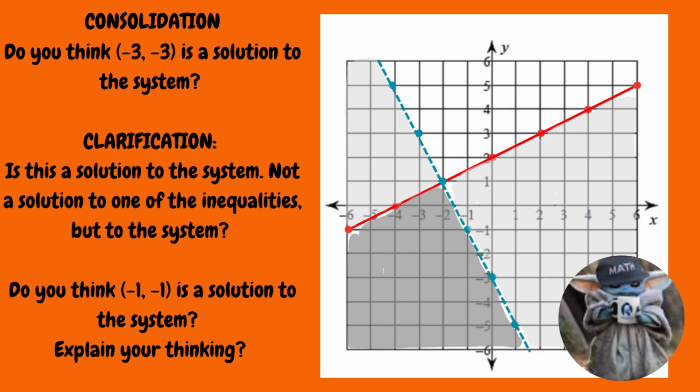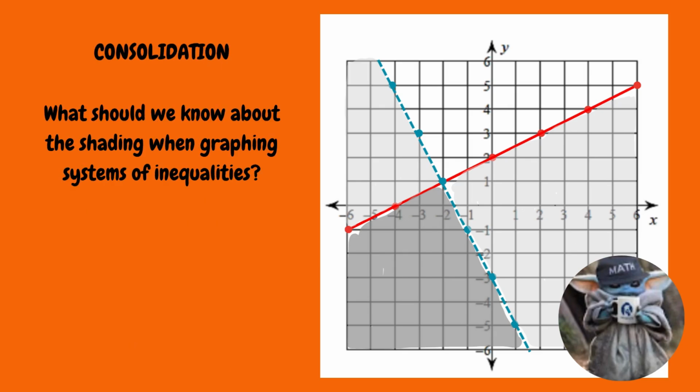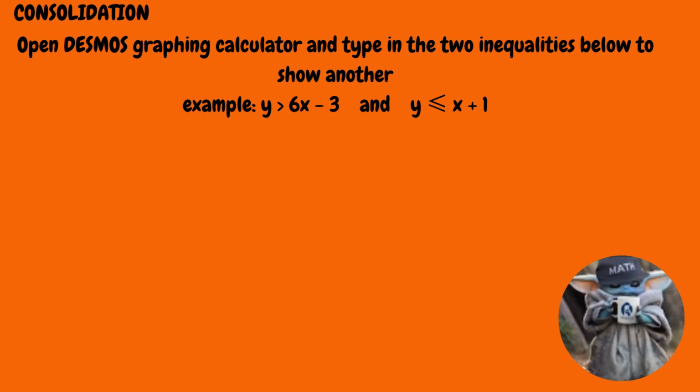And then we tell them to pause and we ask them the exact same question, but for the point -1, -1. And we really want students to talk with their group. After we give them a minute to talk about each of those, we pull them back as a group to share what they think. The students have naturally gotten to the point of understanding what the area of overlap represents on the previous slide, but we still like to reiterate it and say, okay, remind me now, what is that area of overlap representing? Just to make sure that we have everyone on the same page